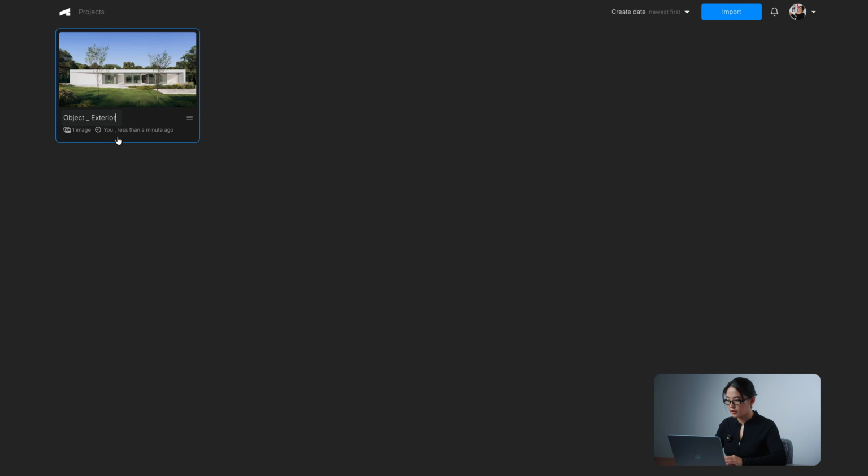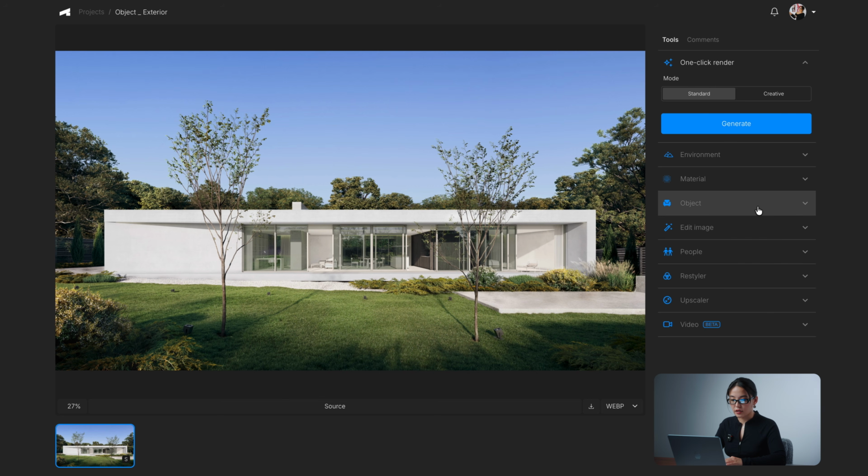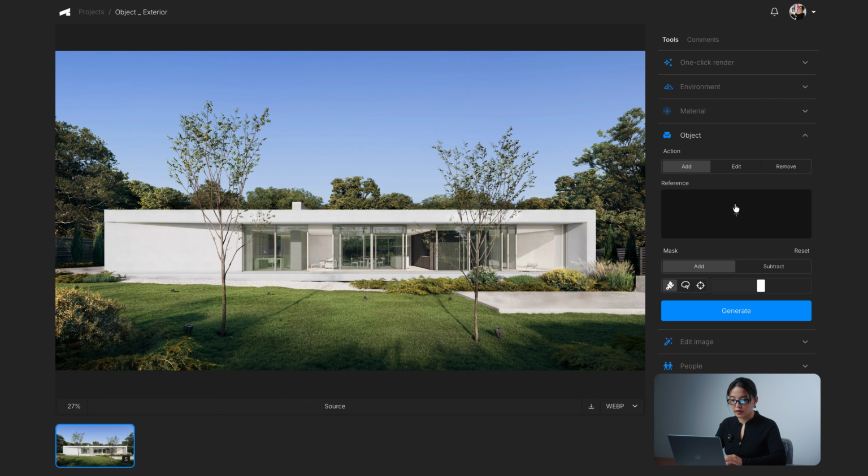however you would like. Today we're specifically looking at the object tool right here on your right-hand side. When you open it, you can see the three aspects that we can play with, which is add, edit, and remove. This workflow is also designed specifically for exterior objects, so furniture, outdoor equipment, small architectural details, all